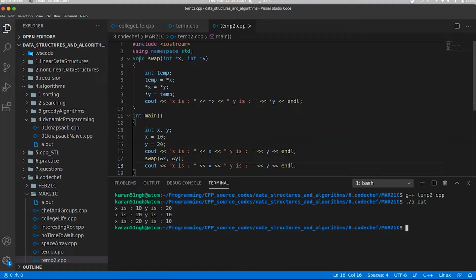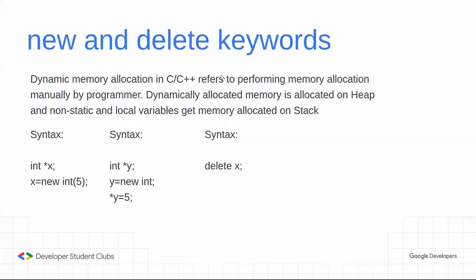Basically, we were able to manipulate the values of x and y in memory, even with the help of local variables. This is the advantage of pointers, and we'll be using pointers a lot in data structures. If you want, I can have one more session on pointers. Actually, I will have one more session on pointers where I'll explain the new and delete keywords. I guess this session will not be sufficient to cover the new and delete keywords right now, because already the pointers topic is so heavy, right? So we'll move on to the next part of the session. I will cover the new and delete keywords in the next session.